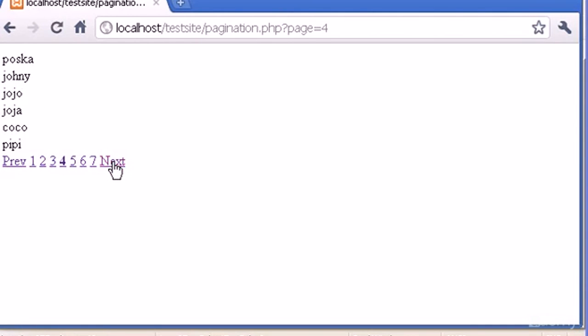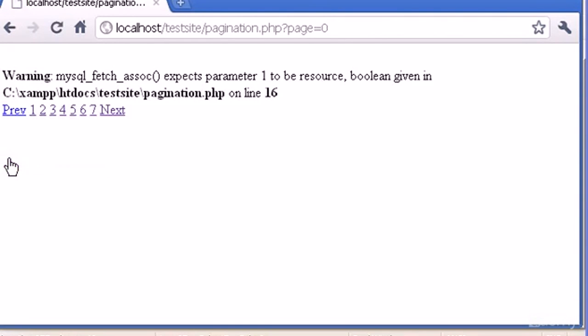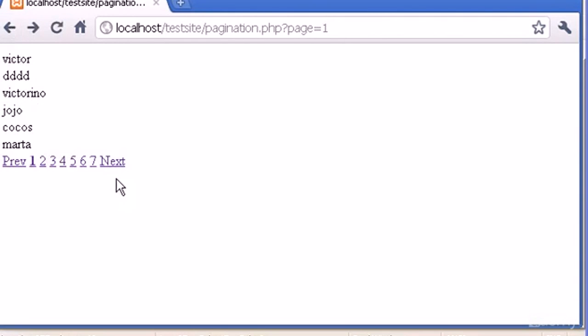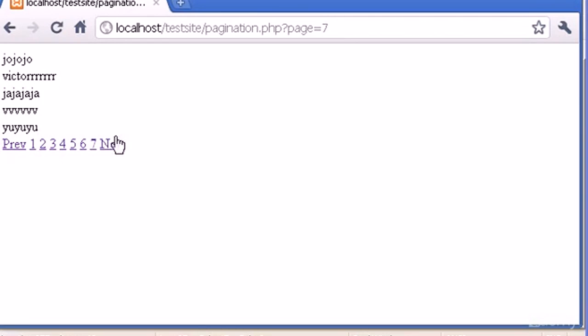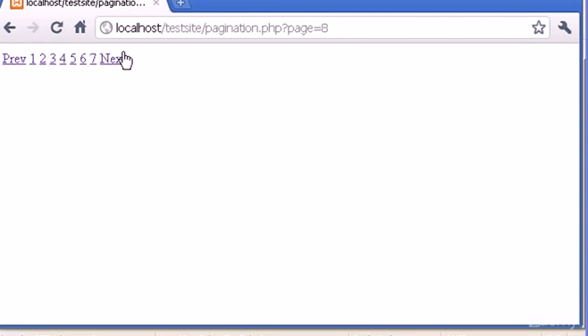If I click here, you see that we are jumping from page to page forward. If I click here, we are going backwards. Okay, the problem is that when I reach 1, which is the first page of my list, I click again and an error appears. So to solve this, whenever I am in the first page of the list, I don't want this button to appear. And also whenever I'm in the last page, I don't want the next to appear, because if I click next again now, something strange is going on, you see it's going on and on here, 11, 12, I don't want that to happen. So